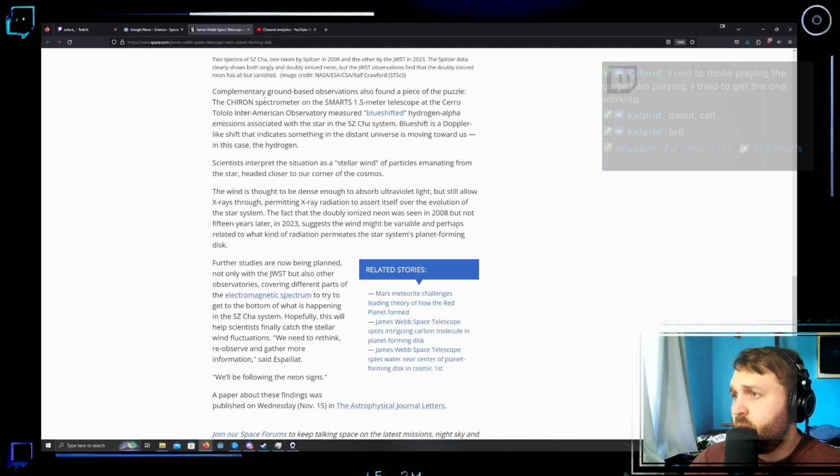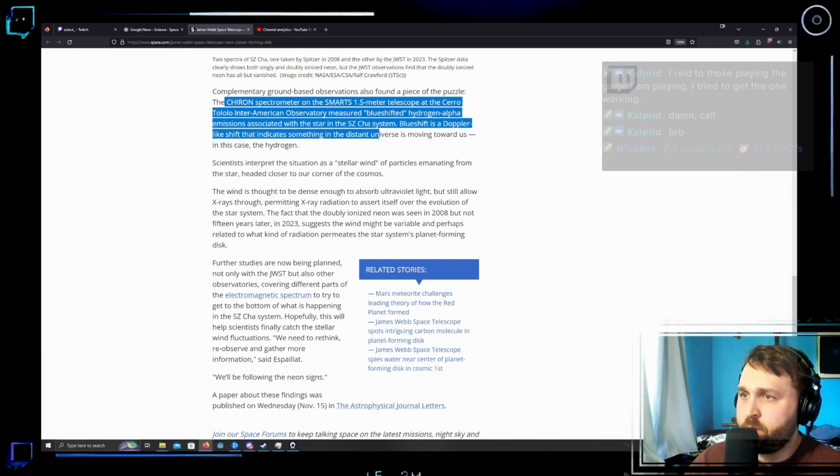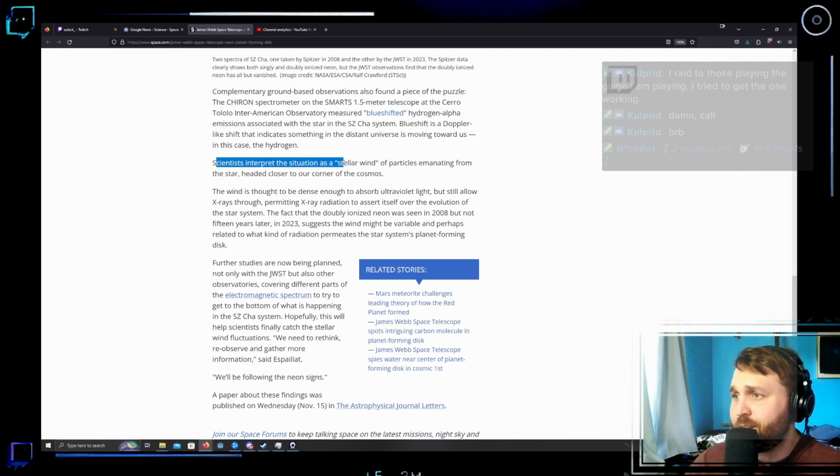Complementary ground-based observations also found a piece of the puzzle. 2 Chiron spectrometers on the SMARTS 1.5 meter telescope at the Cerro Tololo Inter-American Observatory measured blue-shifted hydrogen alpha emissions associated with the star in the SZ Cha system. Blue shift is a Doppler shift that indicates something is moving towards us, in this case, hydrogen. Scientists interpret the situation as a stellar wind of particles emanating from the star, headed closer to our corner